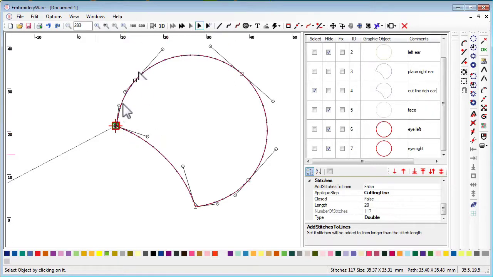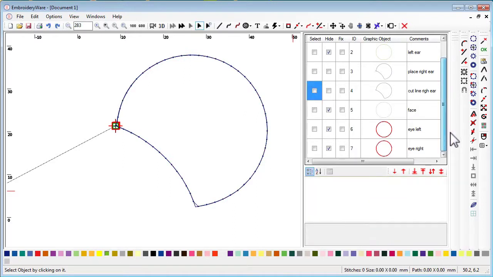All right, so when we actually stitch this out, it'll stitch around like this, stop, we'll place our fabric over it, we'll get the cut line, and we'll place the fabric over it, and we'll cut as close to these lines as we can. Now that this is done,